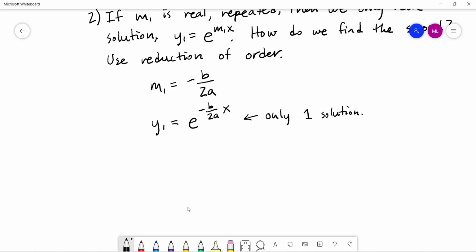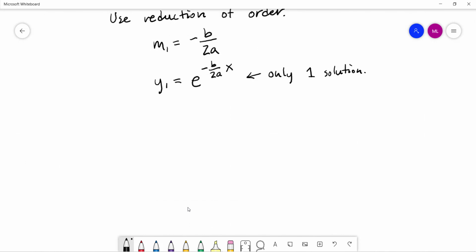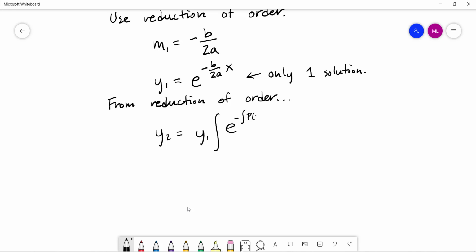How do we find our second solution? Well, we can remember our formula from reduction of order. So from reduction of order, we can either go through the process or just, in this case, I'll just use the formula. But from the reduction of order process, we know that y2 is going to be equal to, you take y1 and you multiply it by this big, ugly, messy integral that's e to the negative integral of p of x dx, and we'll come back and talk about what that p is in a minute, over the y1 itself squared dx,